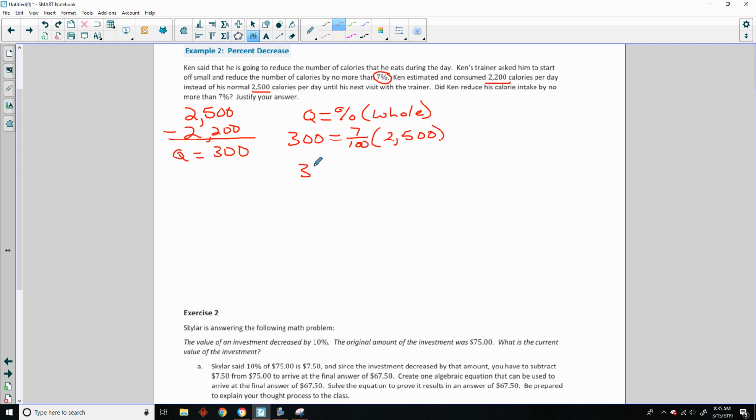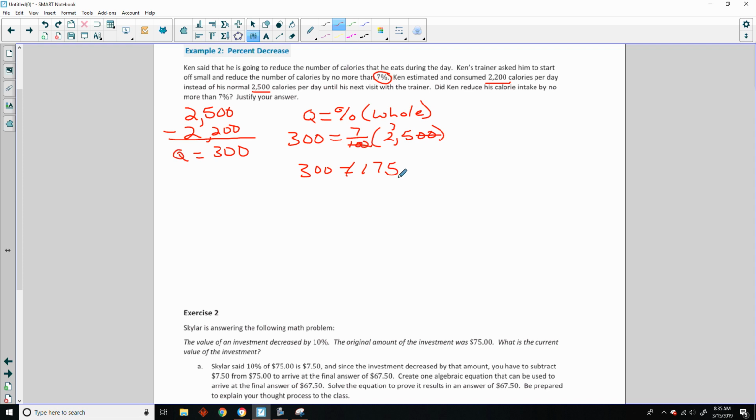Okay, so then when I simplify this, I write 300 equals, and if I get rid of this 100, I'm getting rid of these two zeros. 7 times 5 is 35, carry the 3. 7 times 2 is 14, plus 3 is 17. 300 calories is